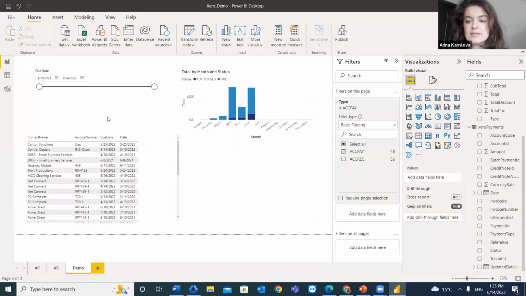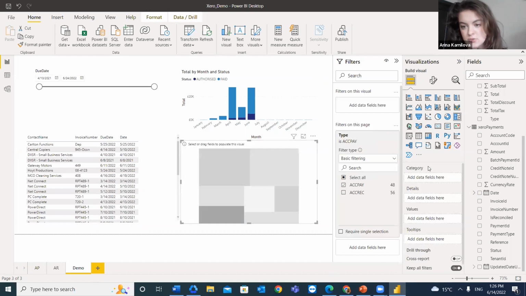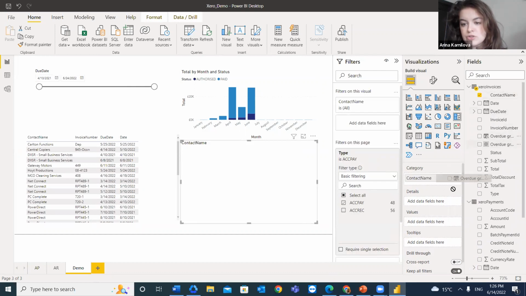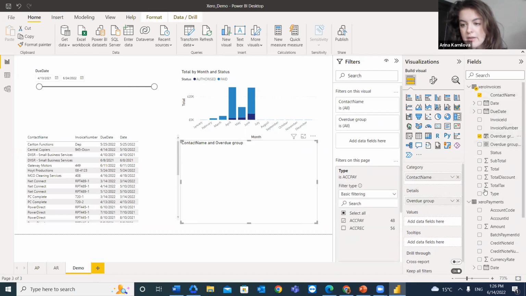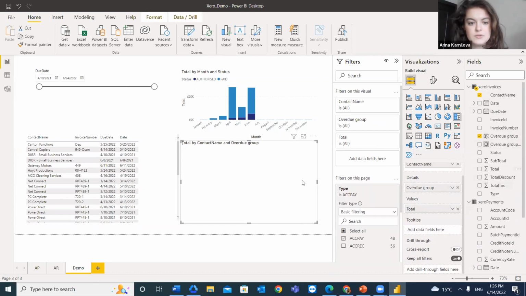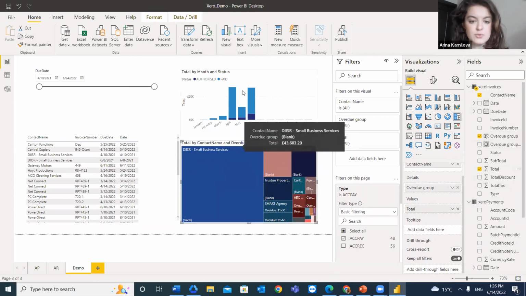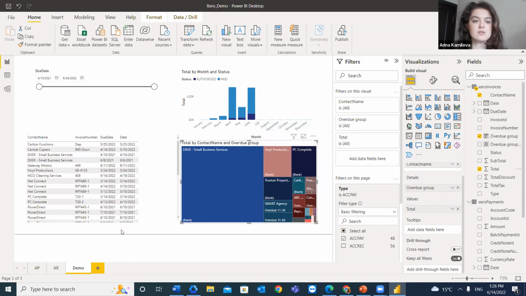And the last but not the least visual is going to be the tree map about the overdue group, as well as the counterparties that are interconnected to this. So for the category, we're going to choose the contact name, also overdue group, and for the values, the total. So here we can see the counterparties that are interconnected to the overdue group,